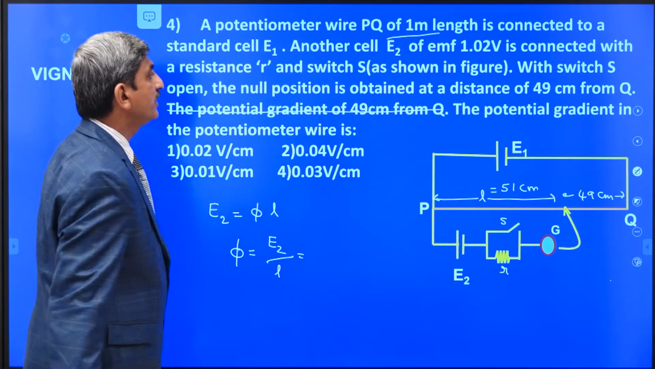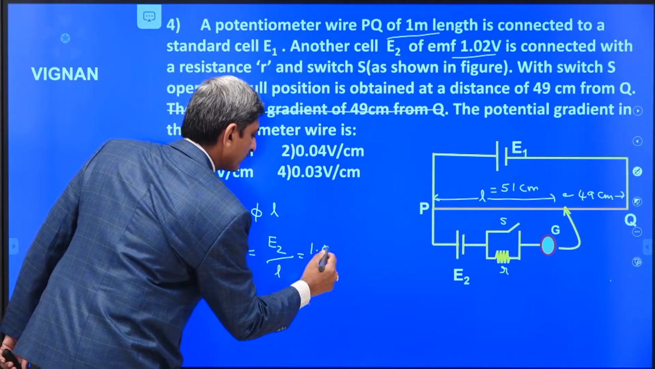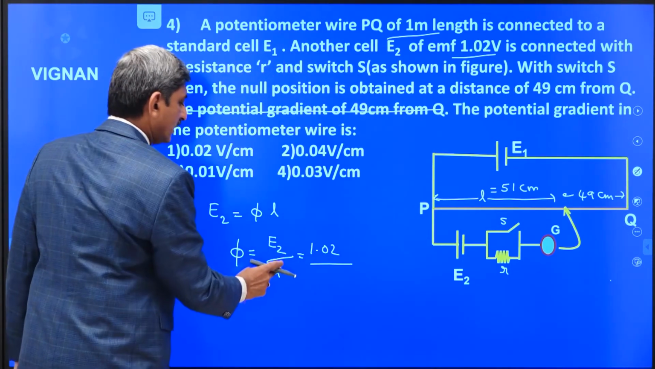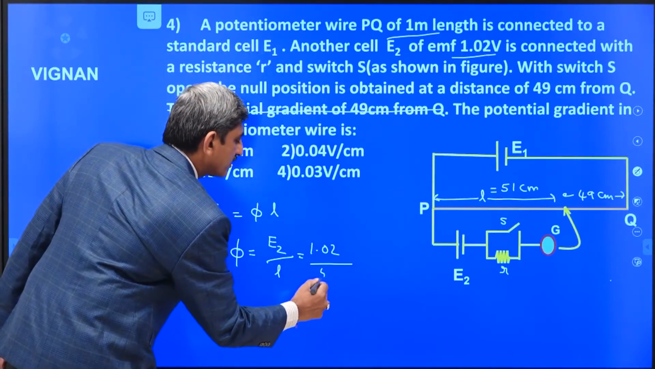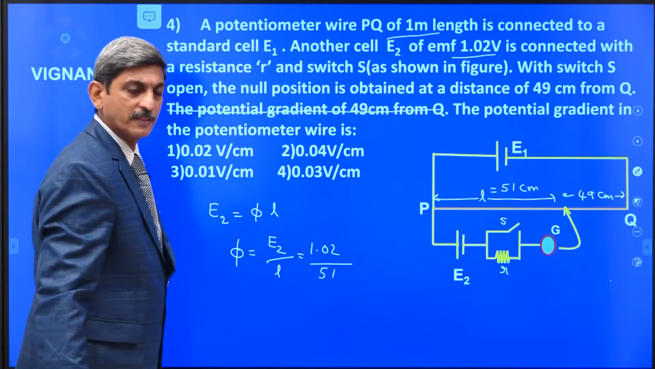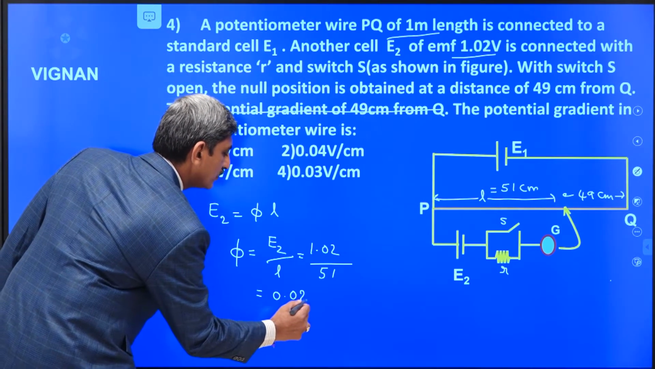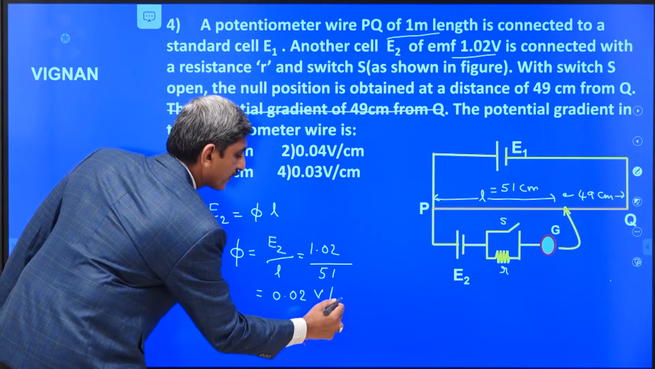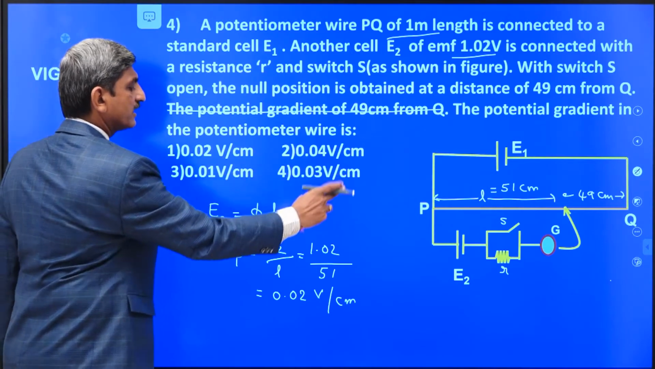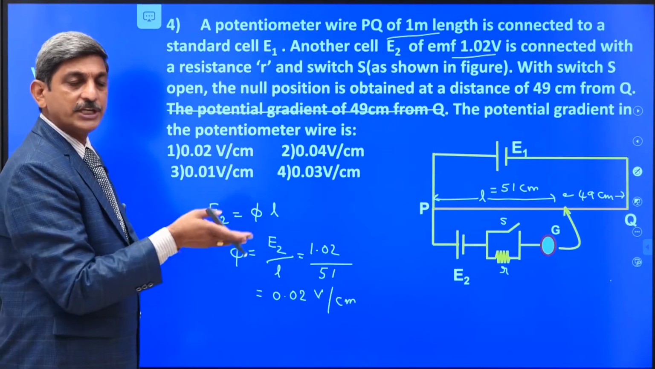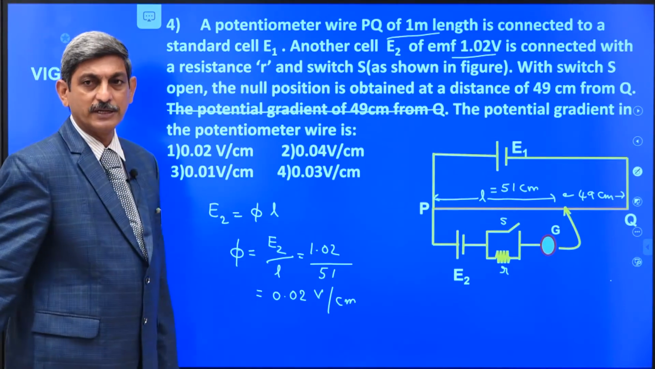Here E2 is given as 1.02 volts. Divided by the length, which is given in centimeters. Just substitute in centimeters, it becomes 51 centimeters. So this is equal to 0.02 volt per centimeter. If the options are given in meters, then change the L value into meters,